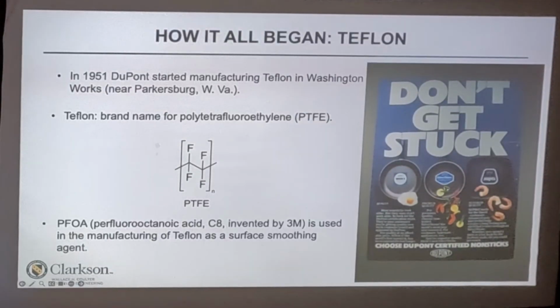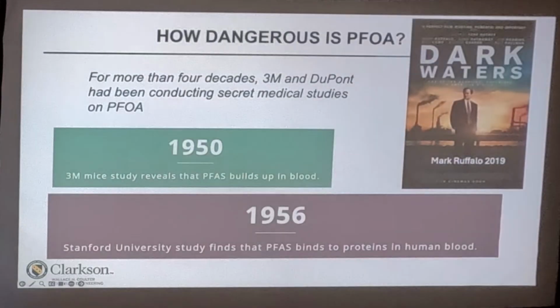So I don't want to talk too much about the history, but I'll go very quickly through this. In 1951, DuPont started making Teflon. We're all very familiar with Teflon. To make Teflon smooth on surfaces, you have to add PFOA. When I was a kid, you could see advertising for PFOA in pans. You don't see this anymore. So DuPont started looking at these compounds, and you can go through